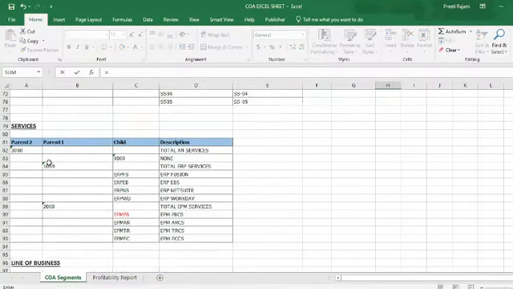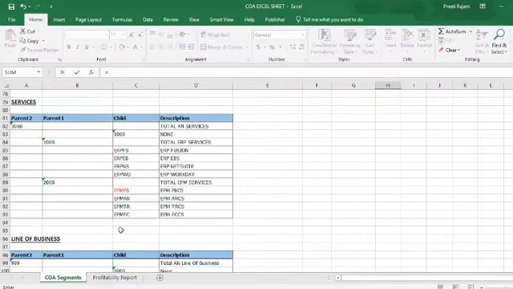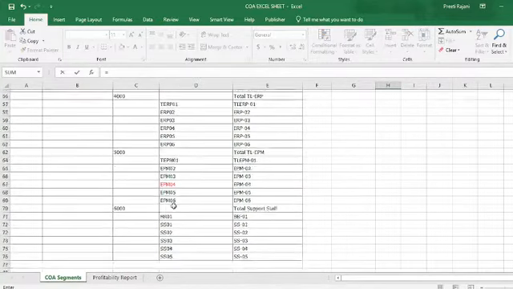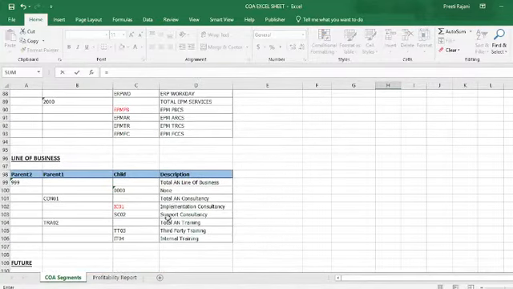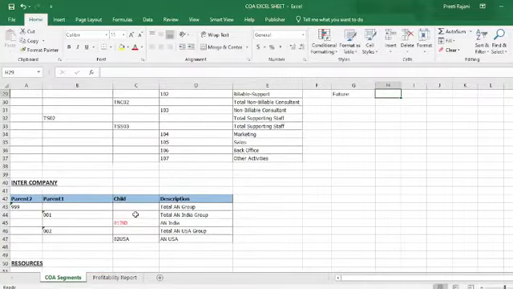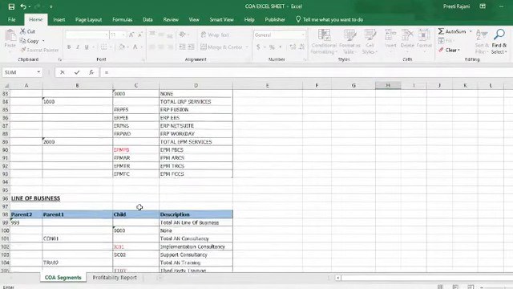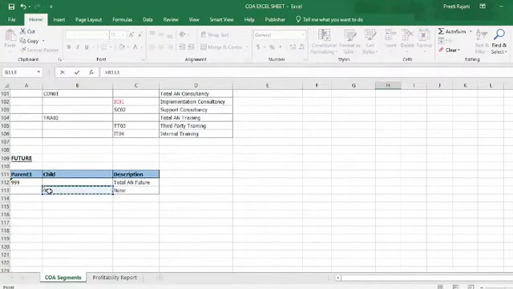So go to the service segment and select FCCS, and in the line of business you are providing the support consultancy, and in the future you have only the none value, so take that.